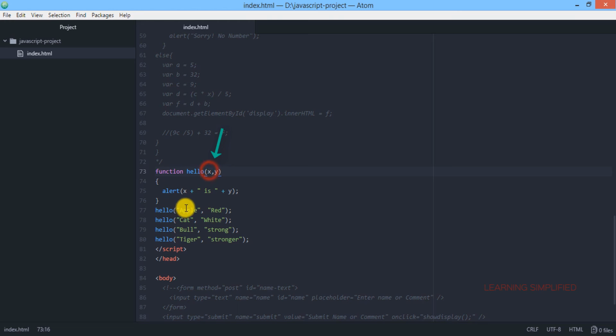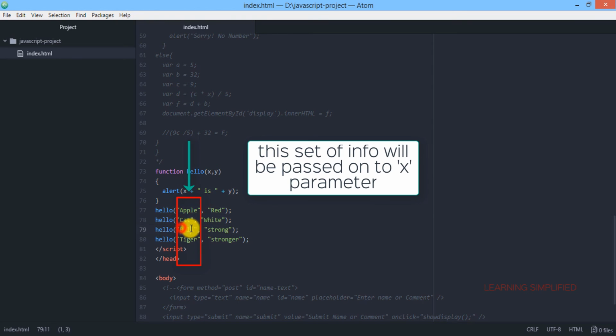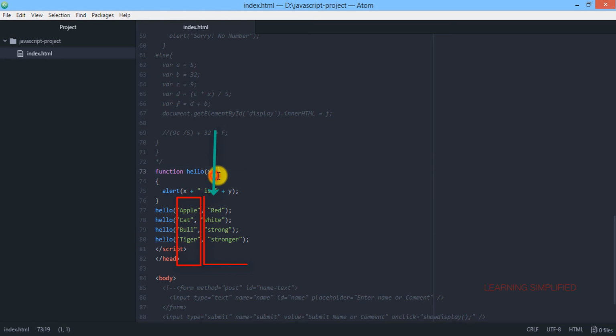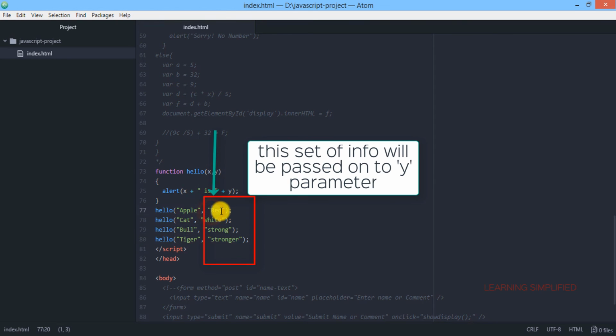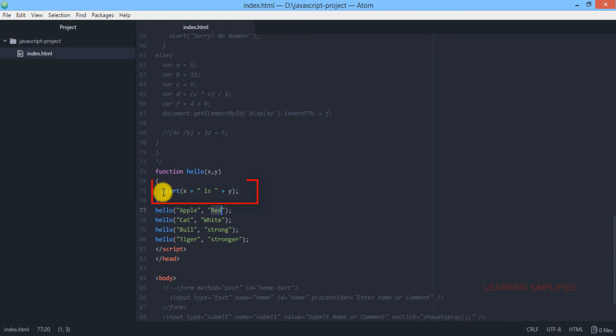So x will be passed the information apple, cat, bull and tiger, and y will be passed the information red, white, strong and stronger. Then there will be an alert box suggesting this first parameter x, concatenated with a string, which in turn is concatenated with this particular parameter